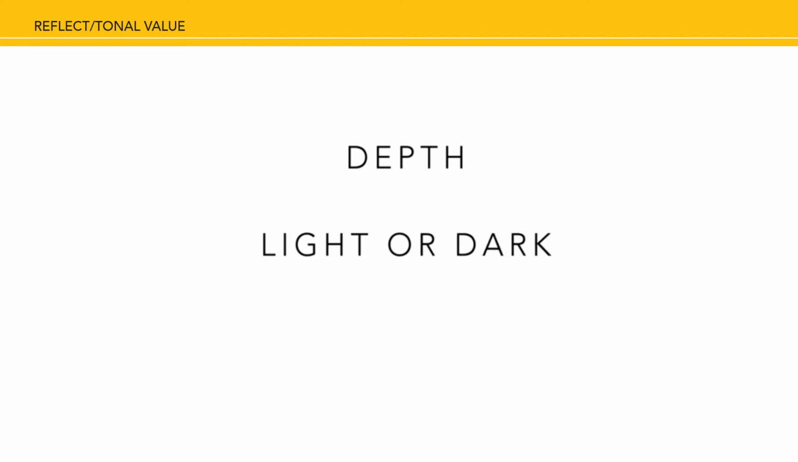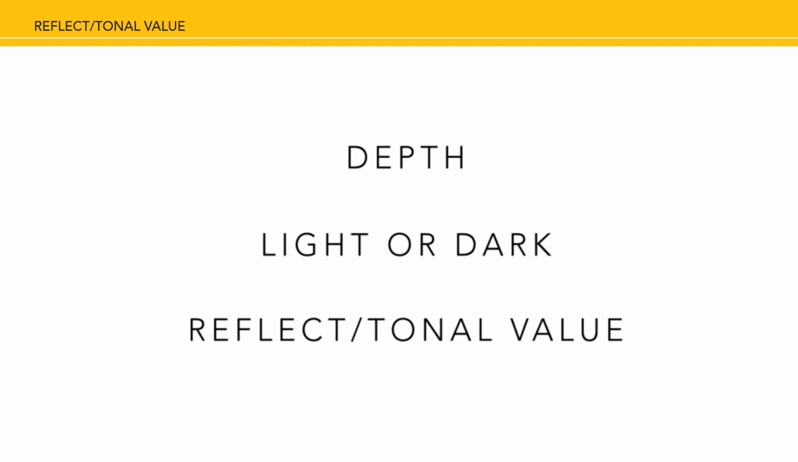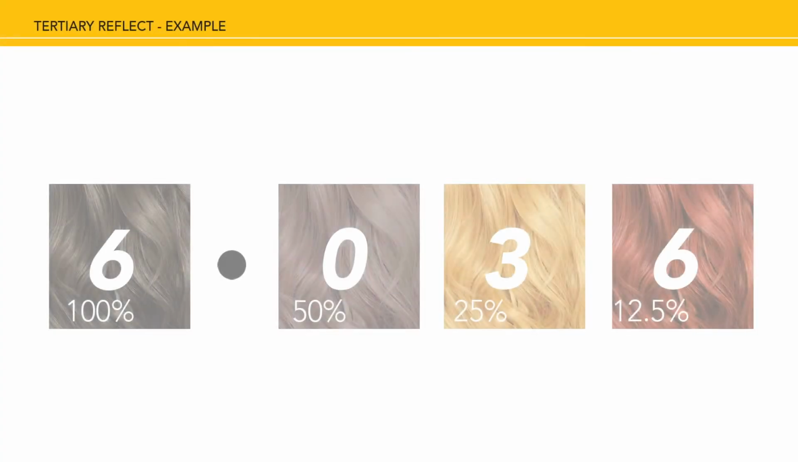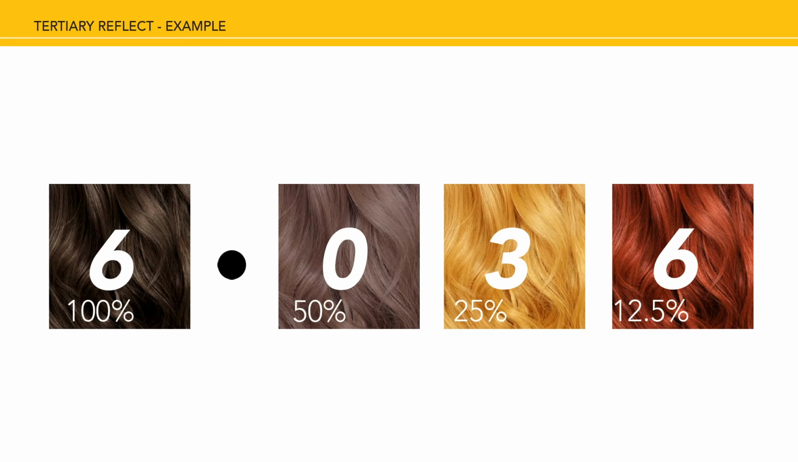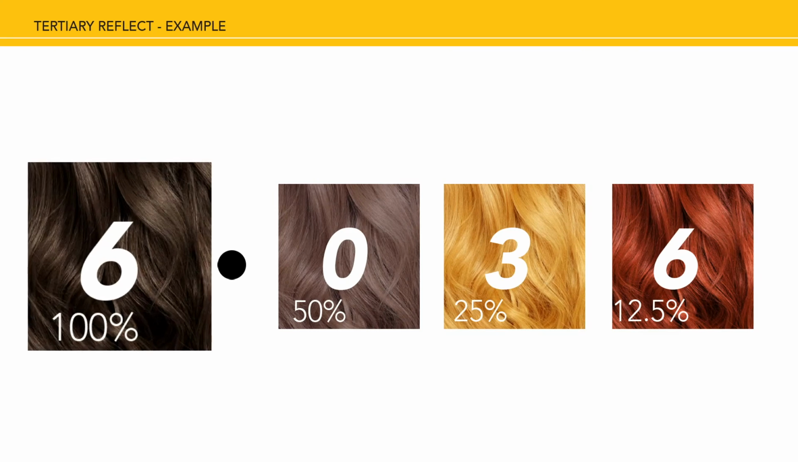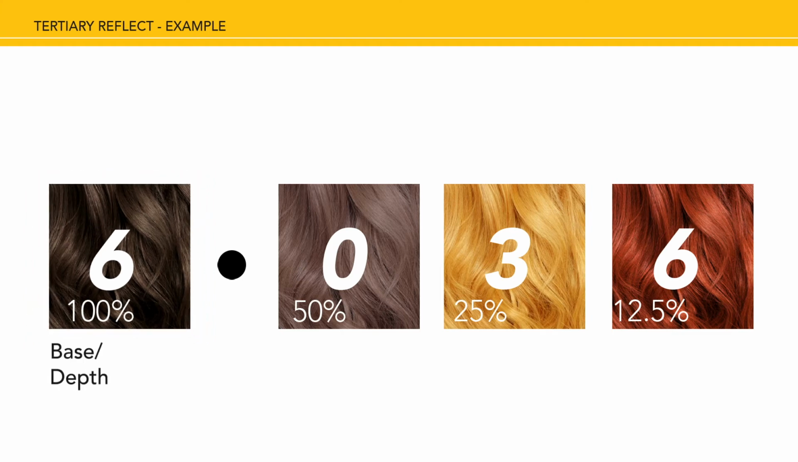Once the numbers representing the depth, how light or dark our colour is, and the numbers representing the reflect or tonal values have been identified, we can look at a simplified explanation of our colour recipes. Looking at a tertiary reflect, we have our point 6, which is before the decimal point to the left, which represents our dark blonde, how light or dark our shade is. After the decimal point, to the right, we have a